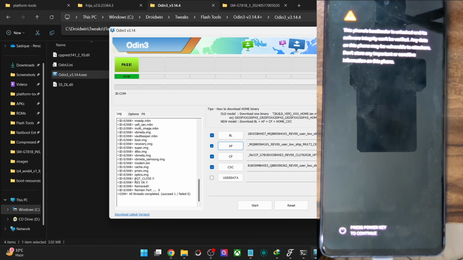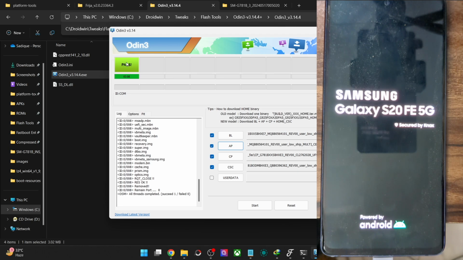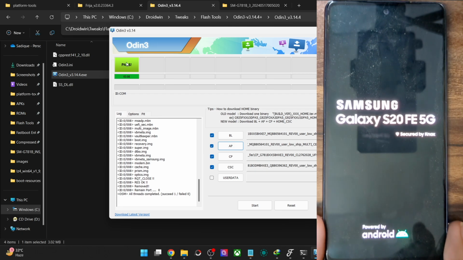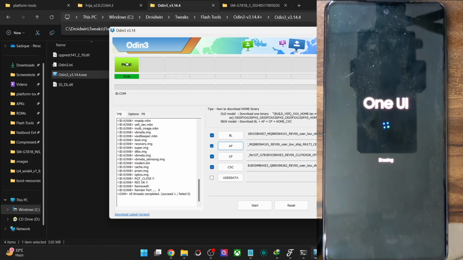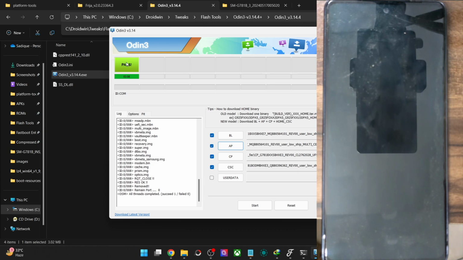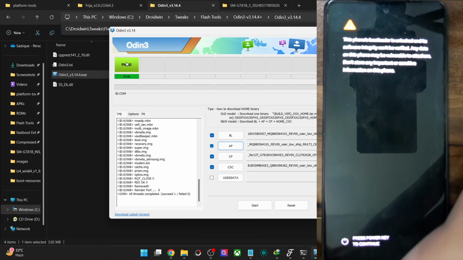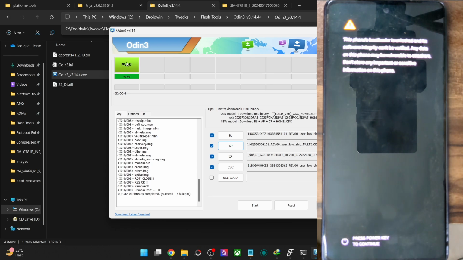In the Odin tool, you will get a pass message. Likewise, your phone should now boot to the OS automatically, and the first boot up might take some additional time. This is completely normal and nothing to worry about. Moreover, if you have flashed the CSC file for a format data, then your phone will take somewhat more time. In our case, we have flashed the home CSC, so our phone has not got a format data, so it should boot a little bit faster.